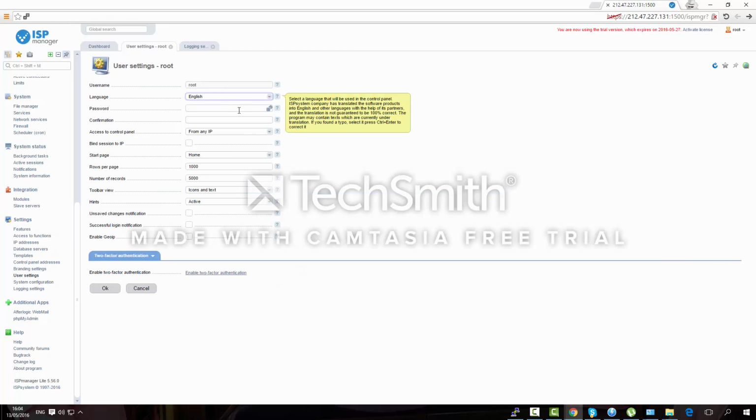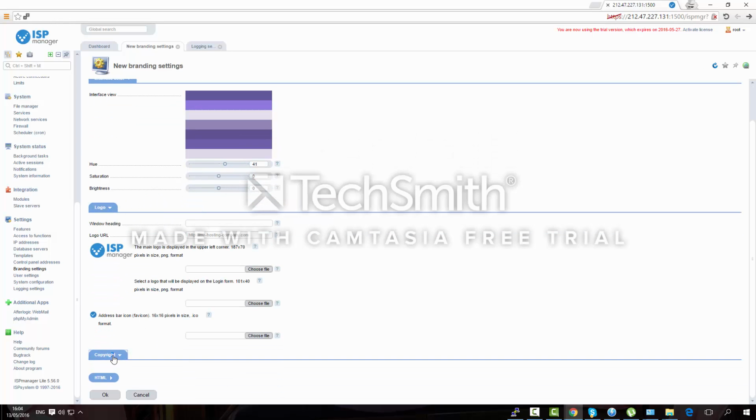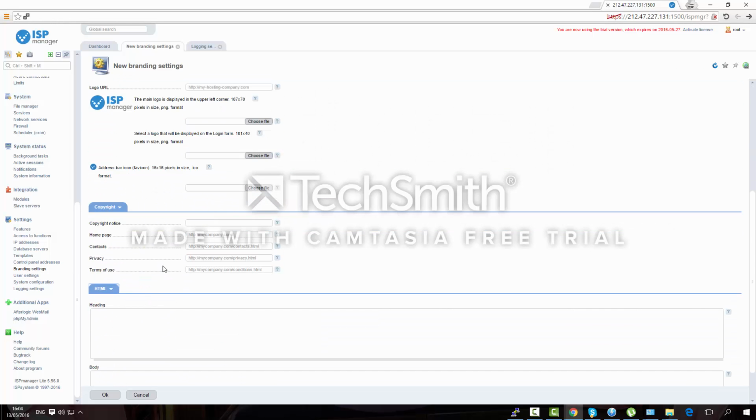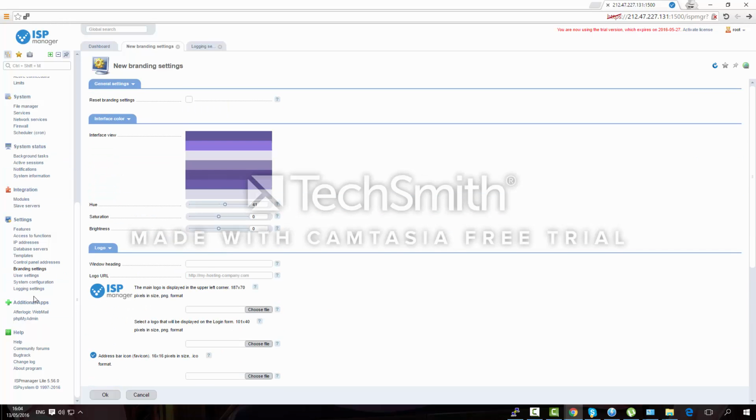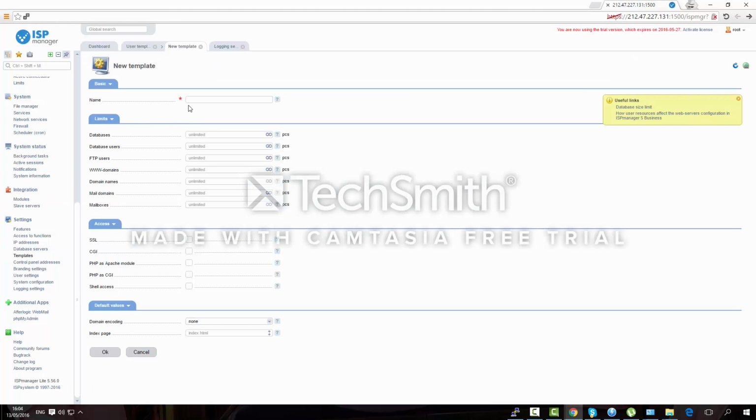User settings, you can change the language of your panel, change the password for the root and access to it, and which page will be started. Here you can customize the colors of the panel, the logo, and the footer, and custom HTML. It's really cool. And IP addresses, you can create a template per user, like